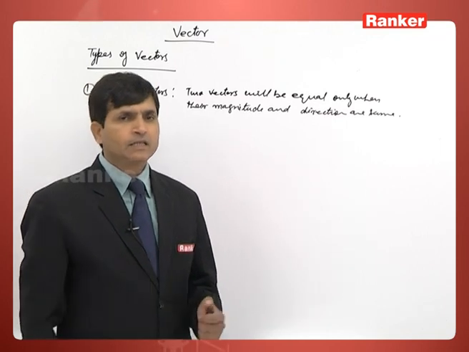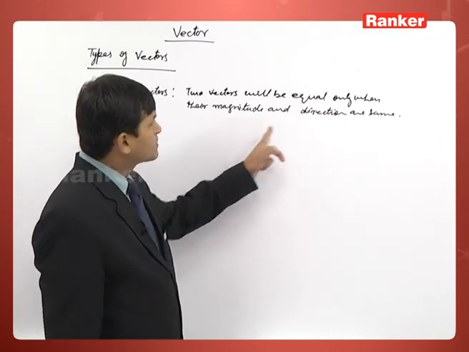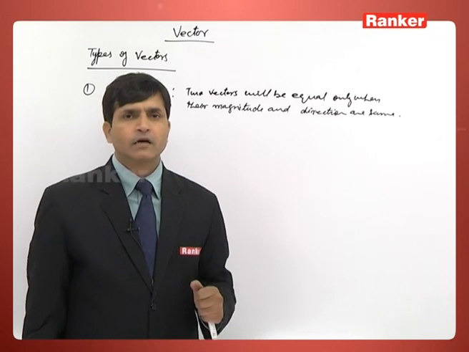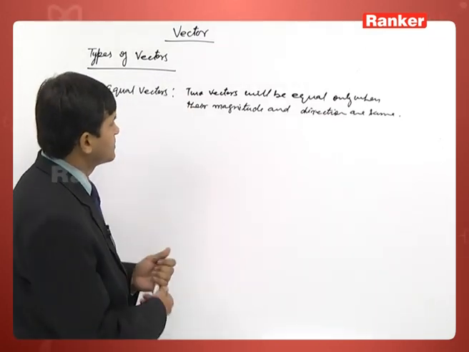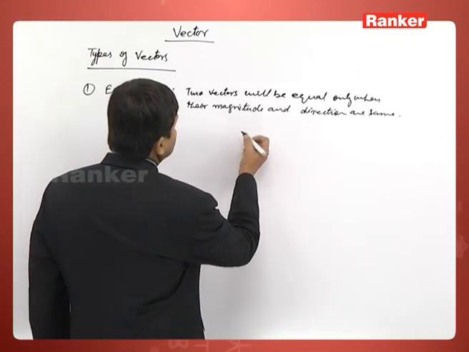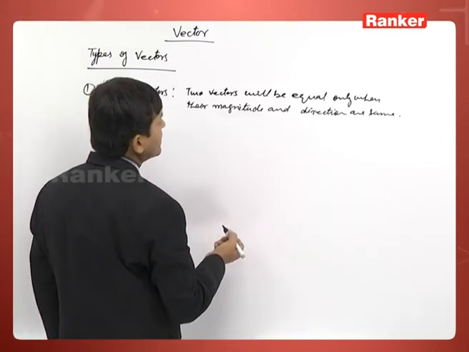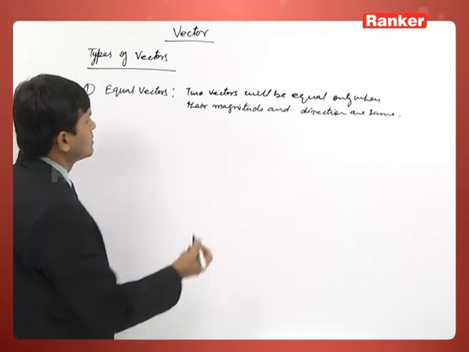If anything is not the same, either magnitude or direction, then these are not called equal vectors. If we have to define these vectors with an arrow,